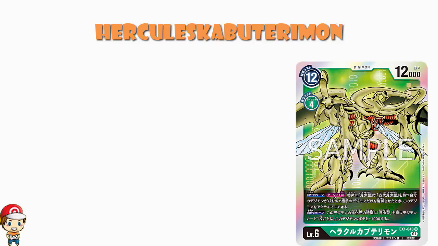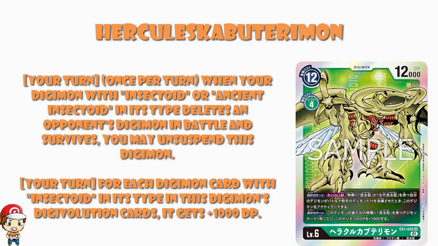When your Digimon, once per turn, with Insectoid or Ancient Insectoid in its type, deletes an opponent's Digimon in battle and survives, you may unsuspend this Digimon. Yes. Love it. Now, okay, it's only once per turn, so you only get 2 uses, but this is where